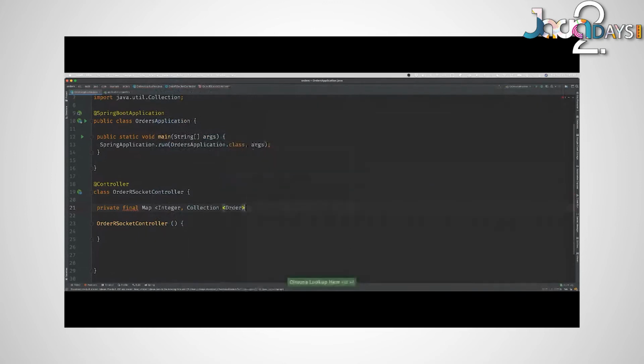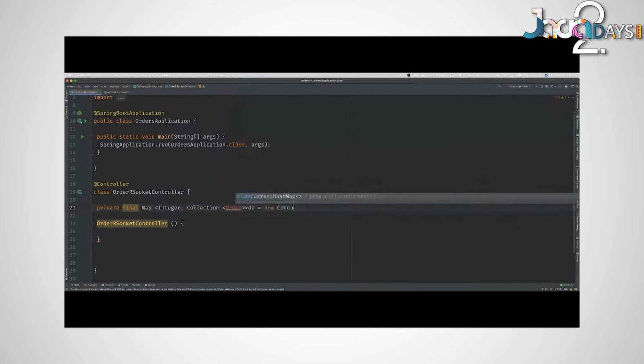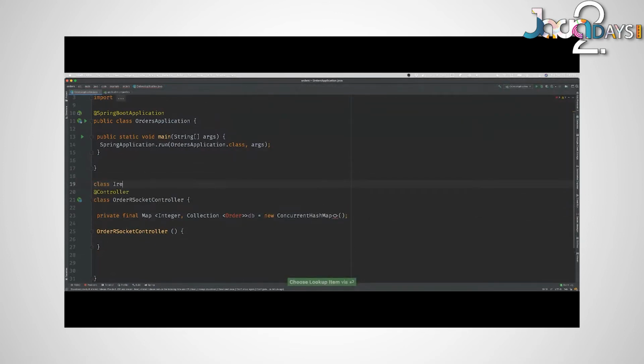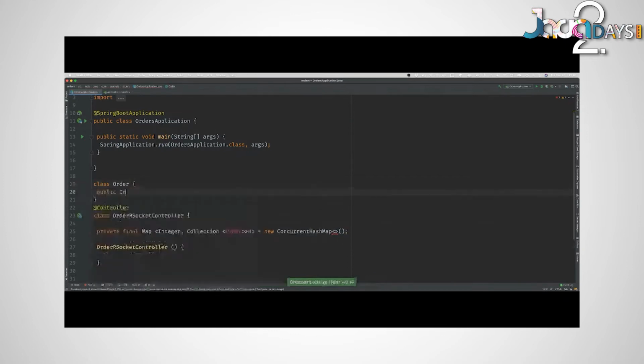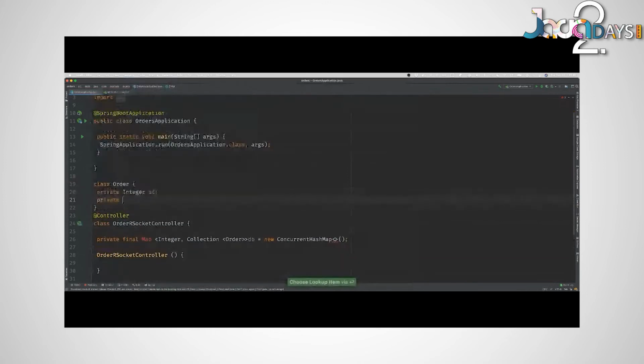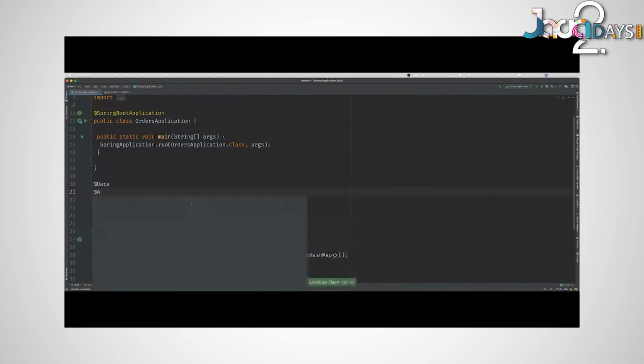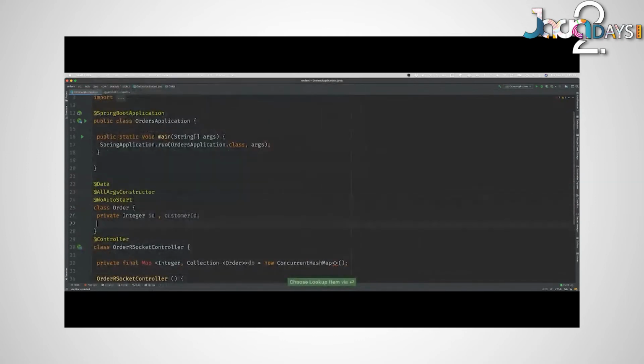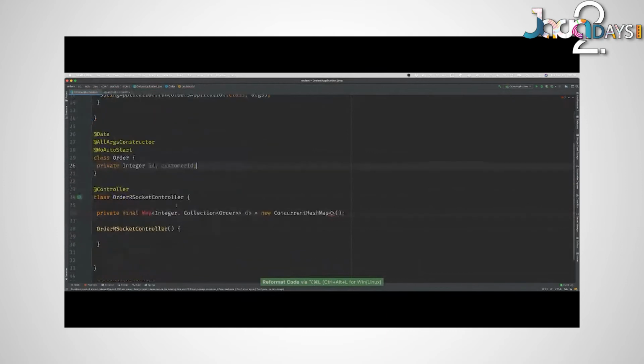Okay, new concurrent hash map, and we're going to create a class here, class order, private integer ID, private string. Well, you know what? We want the ID, which is going to be the order ID as well as the customer ID. It's a dotted line linked to that, right? There we go.